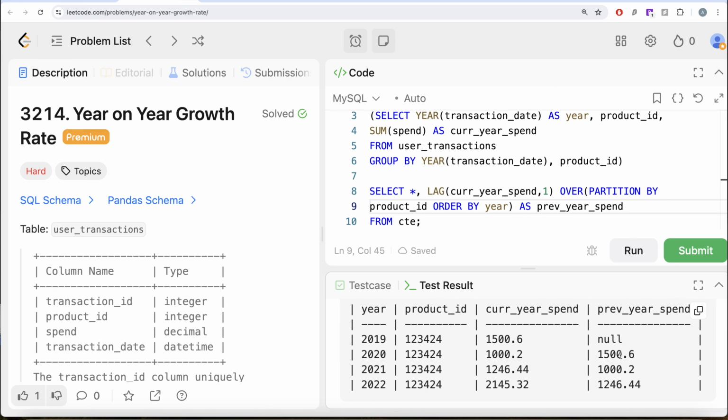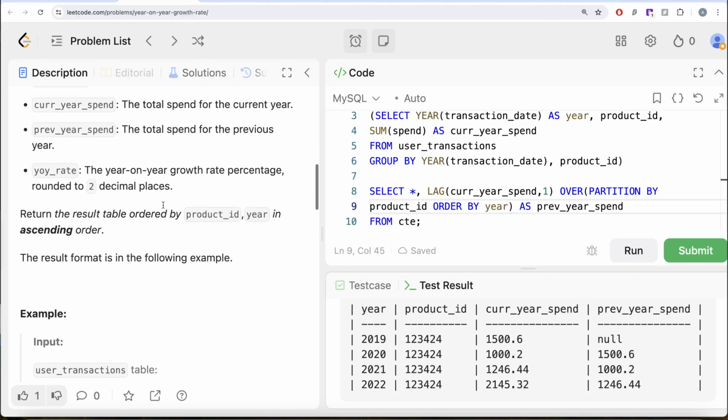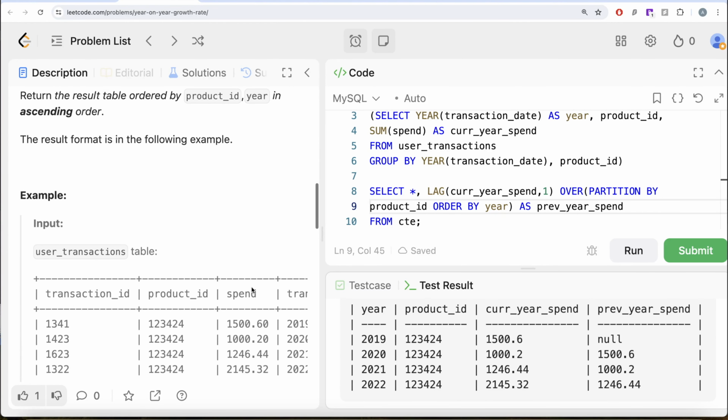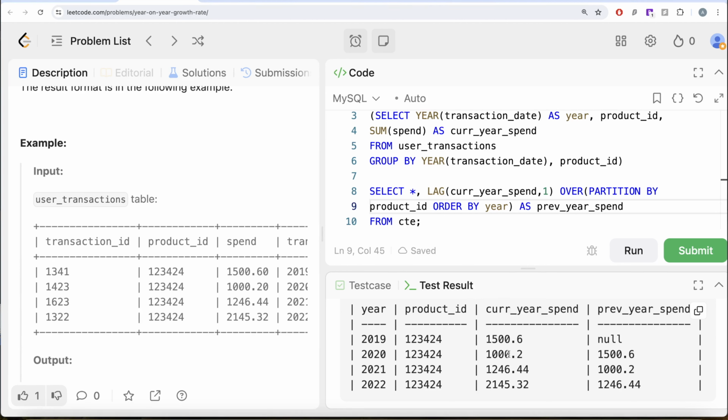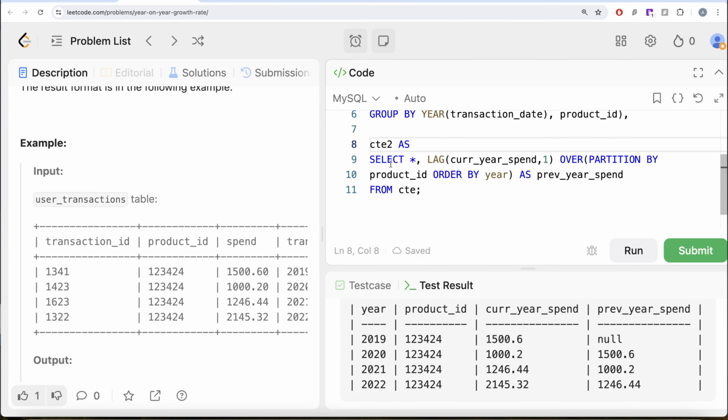Okay, once you have this, then the final column that is remaining for us to calculate is the year over year rate. And the way we are going to calculate it is current year spend minus previous year spend. That whole difference is going to be divided by previous year spend multiplied by 100 and rounded to two decimal places. So what we are doing is, let's save this in another common table expression. So CTE2 as, this entire thing again goes into parentheses,